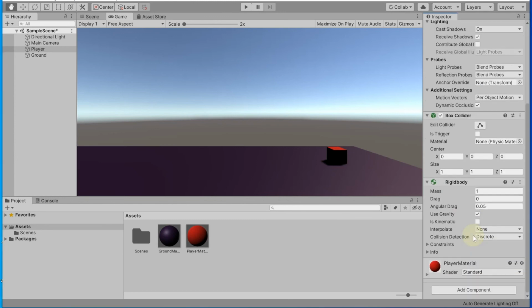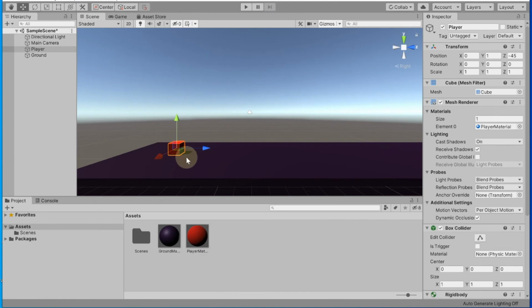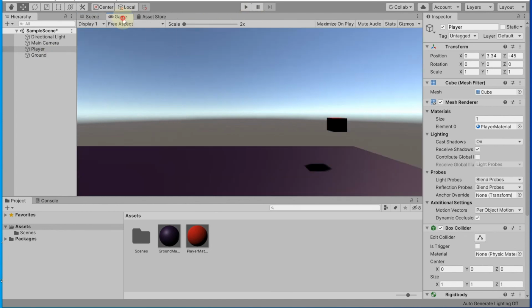Once you apply that, under the rigid body you will see mass, drag, air friction, and some other stuff as well. Now after you apply the rigid body, let me demonstrate what it means. If I click my player, let me show you what this physics means to us. If I slightly change the position of my player, let me show you how it will respond. If we go to the game scene now, you can see it is above, and if I play the game,